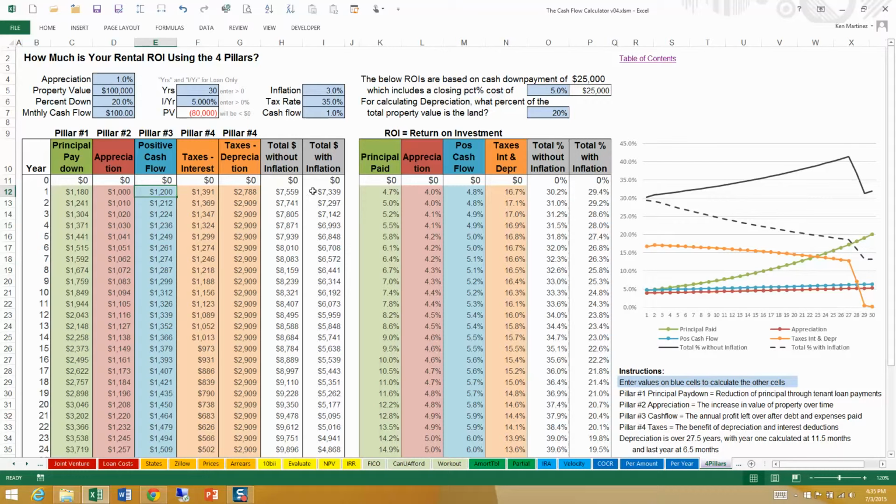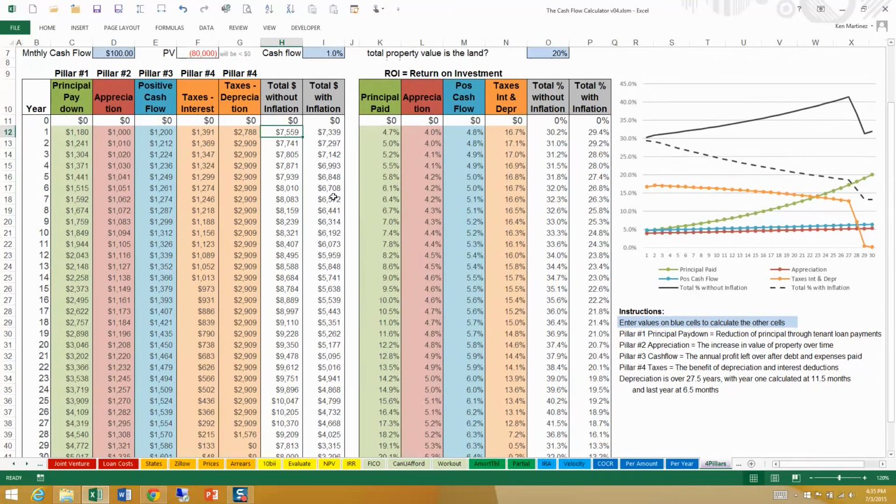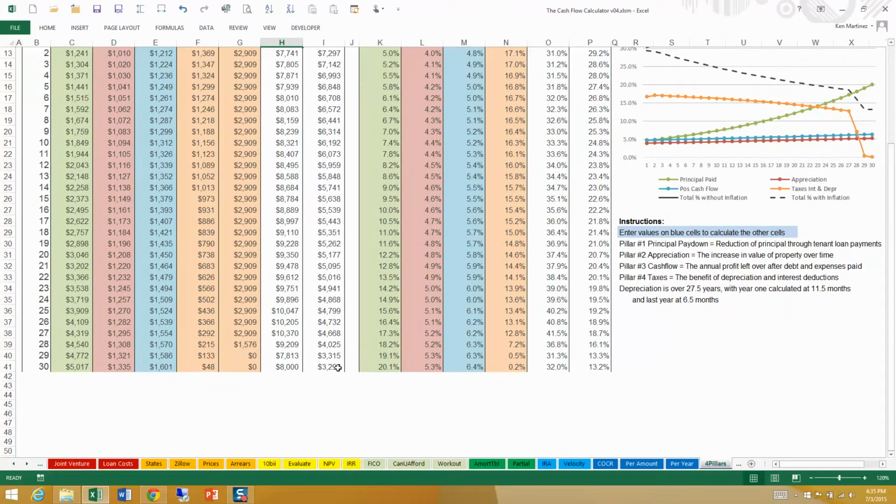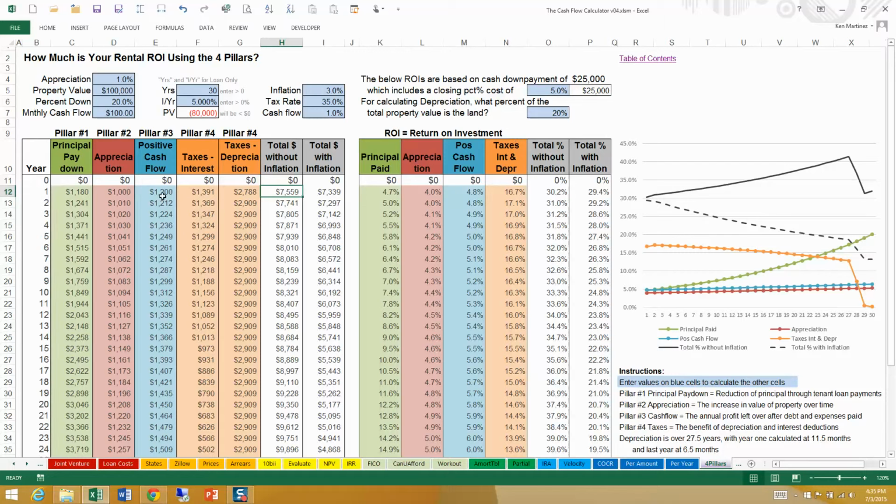And then you have your totals with and without inflation. So without is just the total of these, and with is using your inflation rate as a discount factor over time. So notice as these go up, you're being heavily impacted by inflation. Anyhow, if you take all of these numbers and you divide them by what you invested, that's your rate of return. And then the totals here, as you can really see now, these huge returns really highlight the benefits of owning rental property. Everything is over 30% over time,